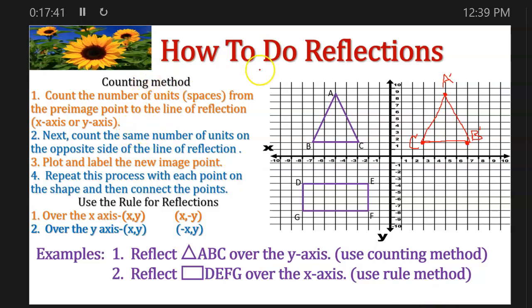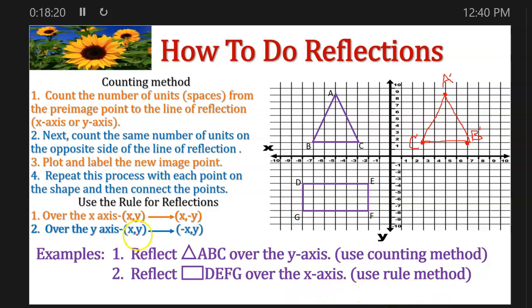Now, another way to do reflections is when we do not have a graph. The counting method is generally the easiest method to use. If you have a graph and a shape that's on the graph, you can just count, make your new points, and connect them. But sometimes you're given just the coordinate points and not the graph. And when that's the case, you need to know the rule. Once you know the two rules over the x-axis and the y-axis, then it's easy to change your points and then relist the points. So our second example here is to reflect rectangle DEFG over the x-axis and to use